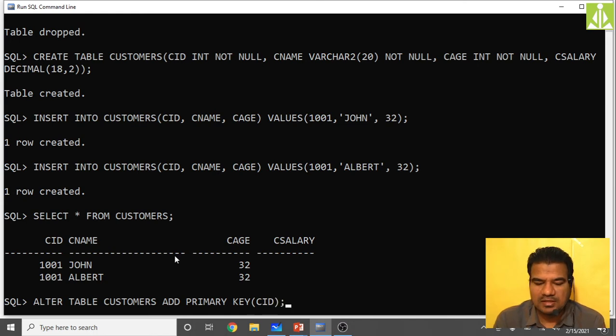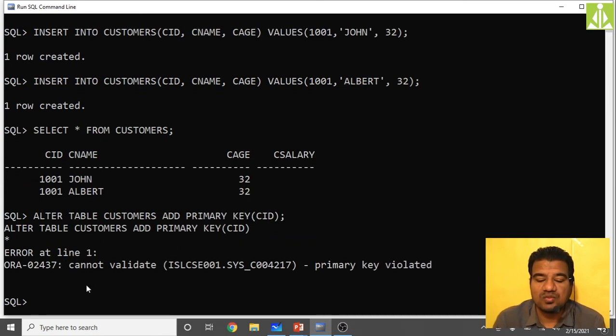Can it accept like this? It is saying cannot validate, primary key violated. The reason is that in CID we have duplicate values. That's the reason it is not accepting the primary key on this customer ID. Hope you understood.